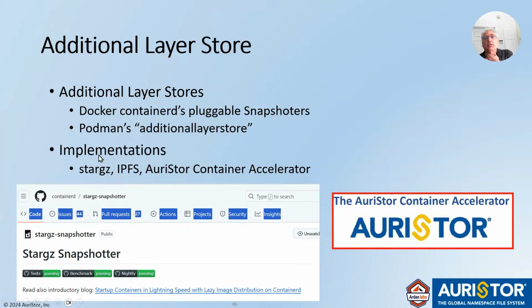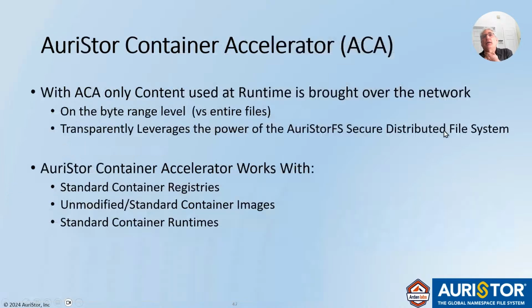There are implementations, some publicly available, of StarGZ and IPFS, where they're backing the layers. Here's a screenshot from the GitHub page of StarGZ. This RSR container accelerator is what I've been working on. Again, what we're trying to do is get away without downloading the entire container. So let me go to my last tranche of demos